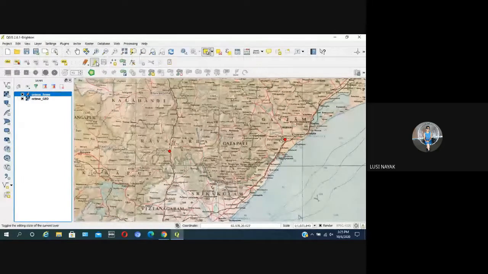Savita, yes, you are unable to open the vector layer. You are not supposed to open a vector layer. It is not existing. You have to create a vector layer. Have you created the vector layer? Go to layer, then create a new layer, then create it.